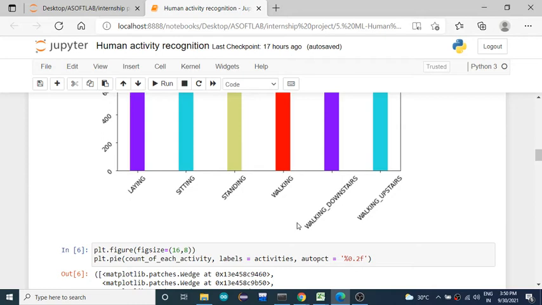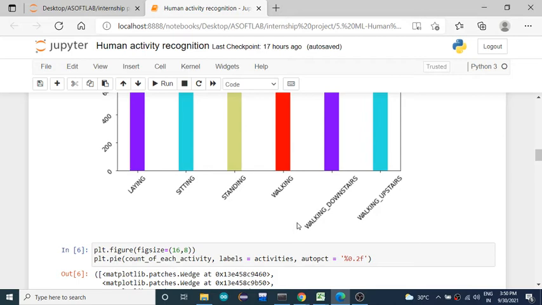We need to split the entire data set into independent and dependent sets. Independent features are the features which are not dependent on any other feature and can be used to predict the results.